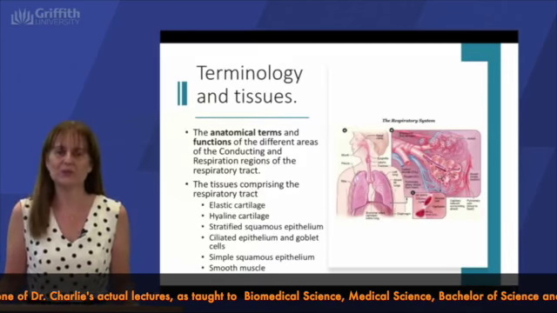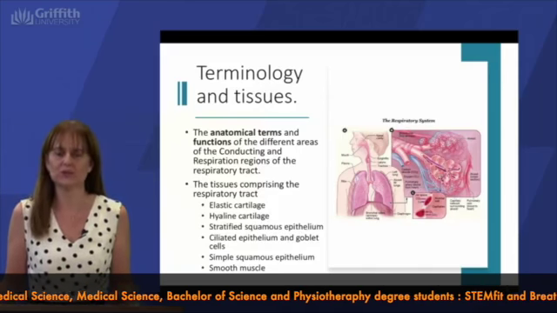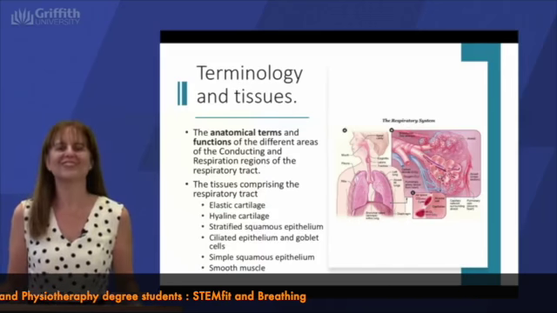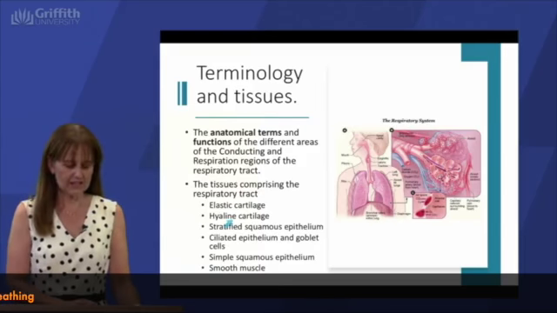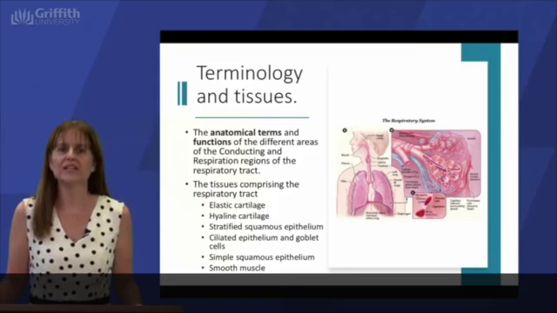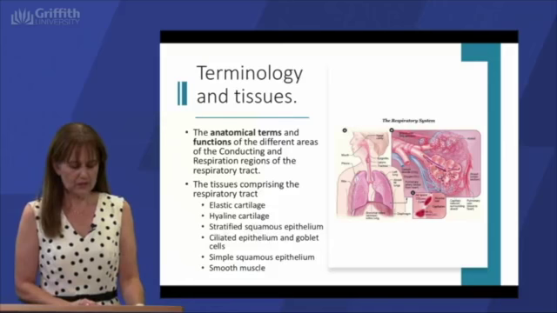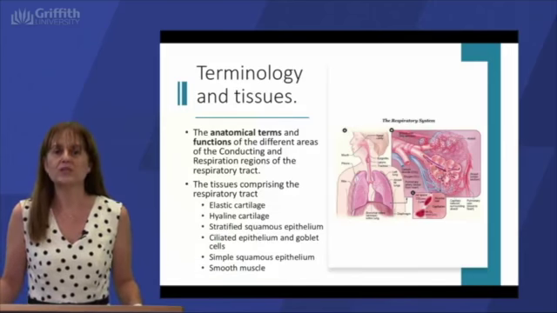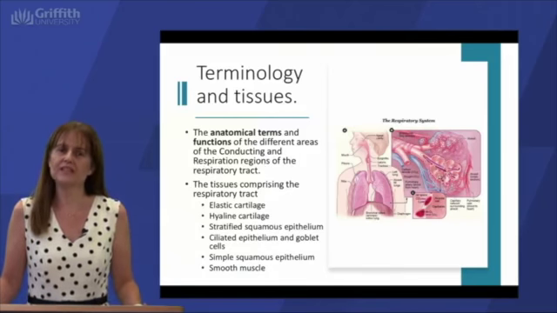And as we go through this module, you will start to remember old friends from previous modules. So first of all, we might have the elastic cartilage that you know is going to occur in the epiglottis. There's the hyaline cartilage, which is going to surround the airways, making sure that those tubes don't collapse on themselves. We also are going to have stratified squamous epithelium. Now you might remember that stratified means many layers,